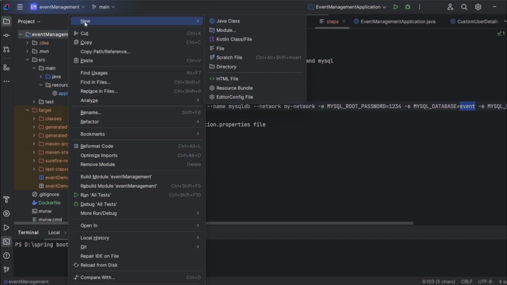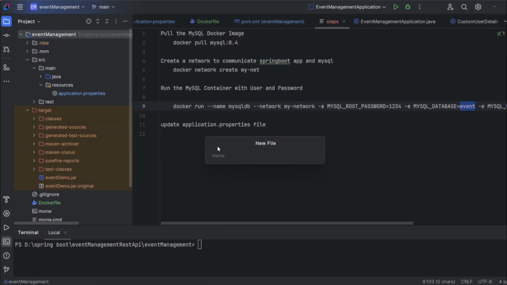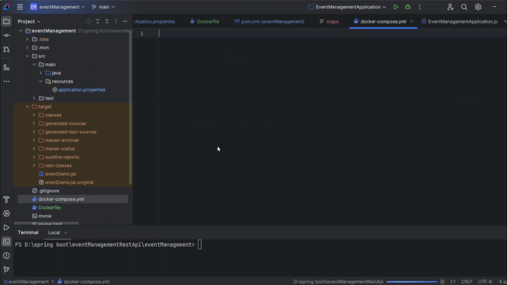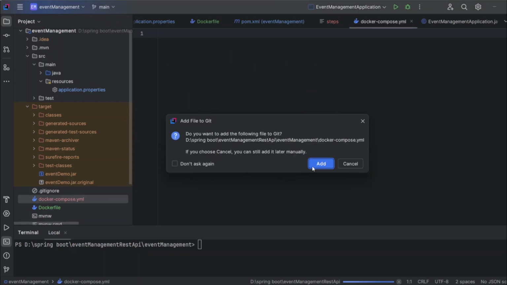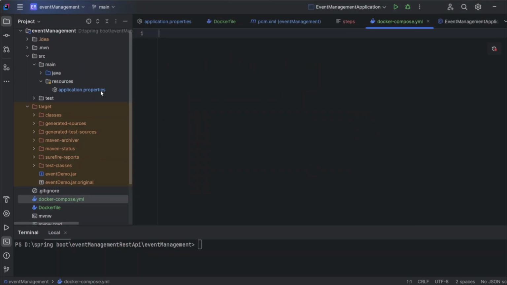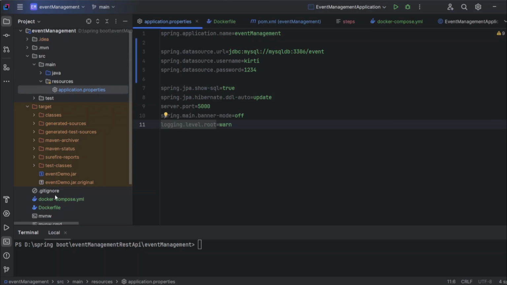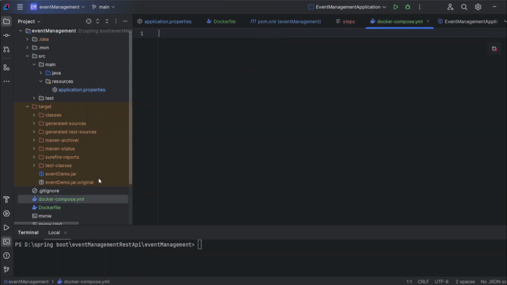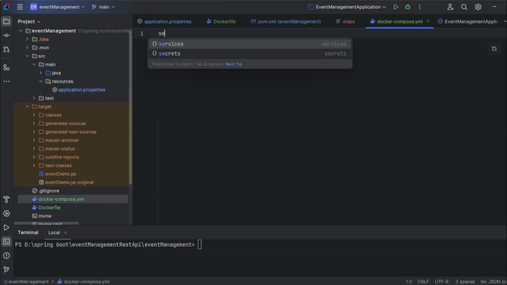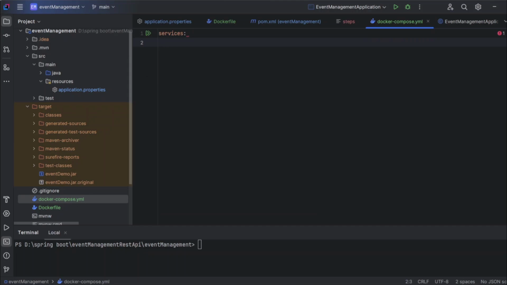Right click, new file, docker-compose.yml, enter. Like our application.properties file, we have this Docker Compose YML file. So here I will give the services. Inside that I will give the service name, let's say app,